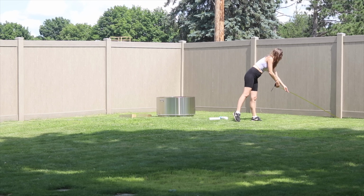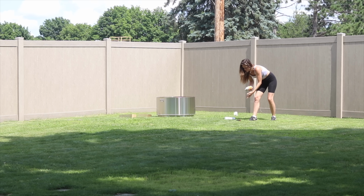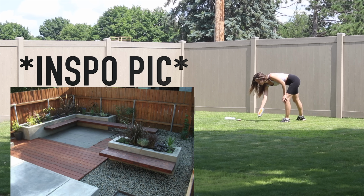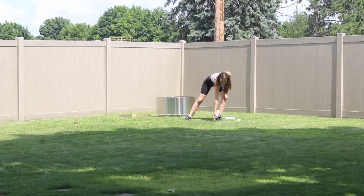This video is going to show you how I built raised garden beds out of concrete that were so beautiful and modern until the very last step when I ruined them. I have an amazing vision for the corner of this yard to build an entertaining area that includes concrete garden